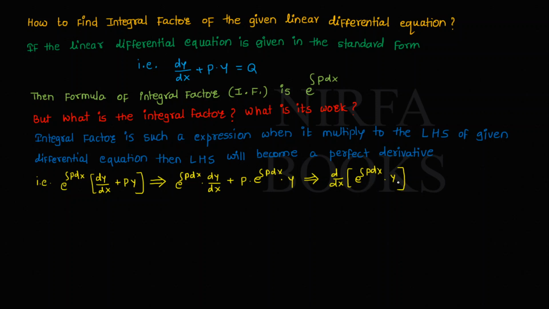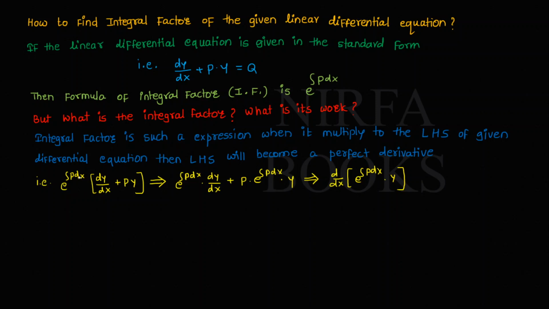So this is the first function, this is the second function, and these two functions are expressed in terms of multiplication. We are finding its derivative. So to get the derivative of this product, we have to use the product rule. So keeping the first function as it is, derivative of the second function, that is dy by dx, plus keeping the second function as it is, derivative of the first function,